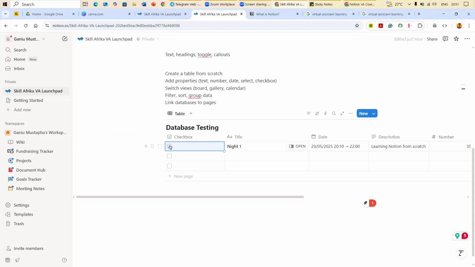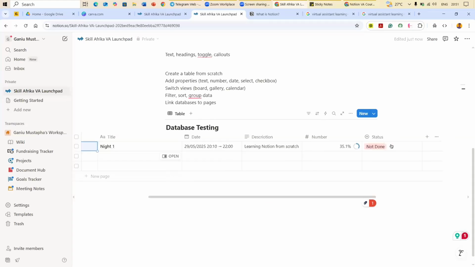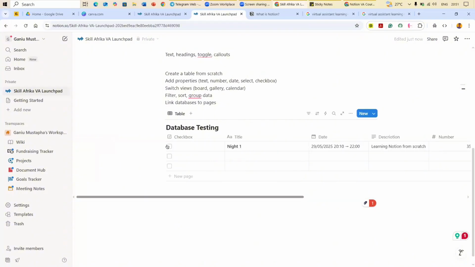But once you know I like the checkbox, it means that either the work is still in progress or not done. But since this number is at 5.1%, that means we have it in progress. So that is it like that. Then we are not going to highlight the checkbox. If you have something here, the title is